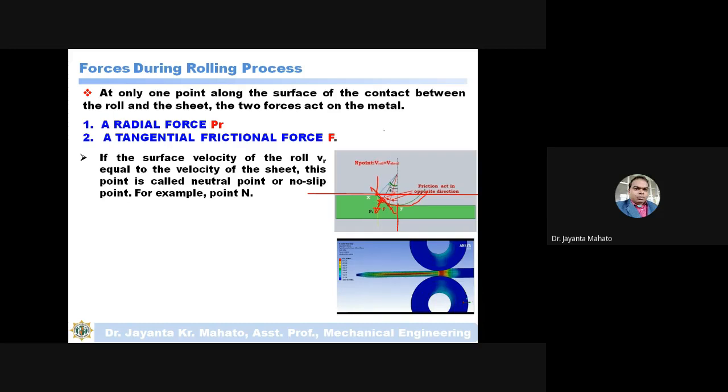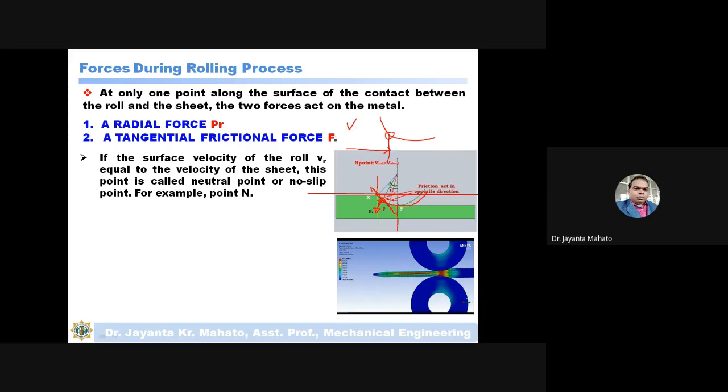But before the neutral point, suppose this is the curvature. Okay, and suppose this is the neutral point. So before the neutral point, the velocity of the sheet metal